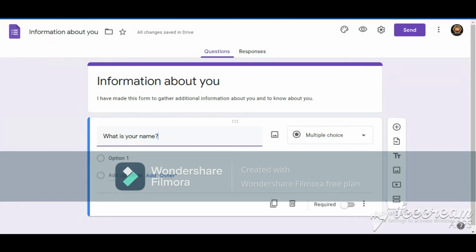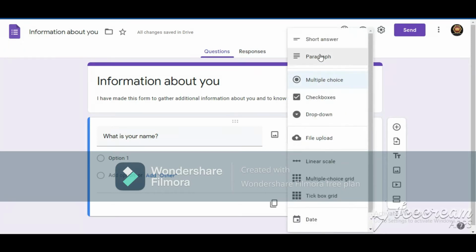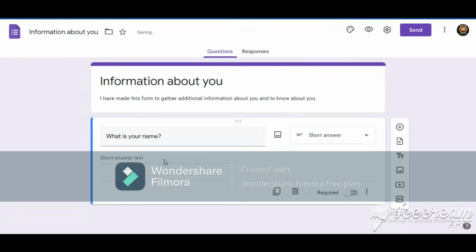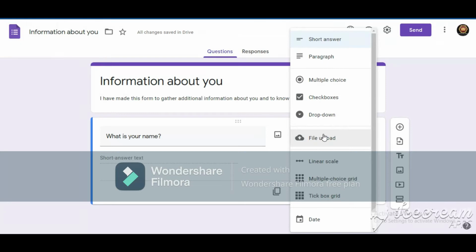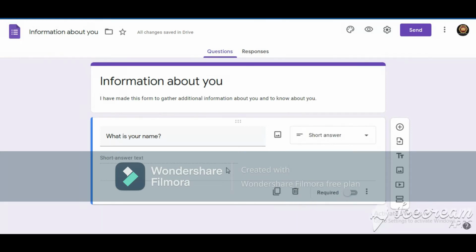So these are MCQ options, okay? But when you don't know the person's name, then how can you give an MCQ? So now what we should do is click over here and select the short answer or paragraph type of answer. So I have selected short answer text, so the person can write the name over here. And if you know the person's name, then you can follow up with the MCQ format. Okay, now we have completed the question and we have given space for the person to answer the question.